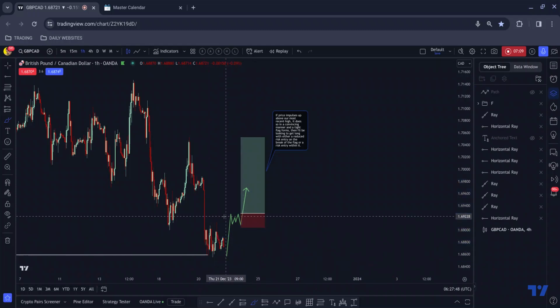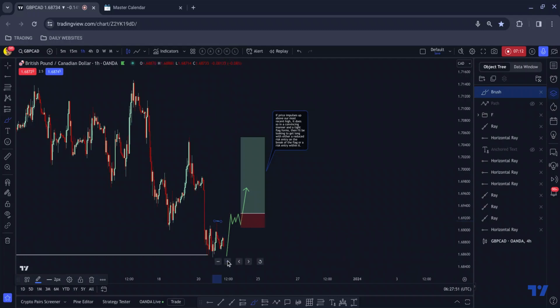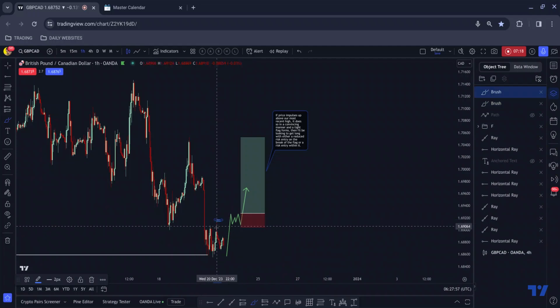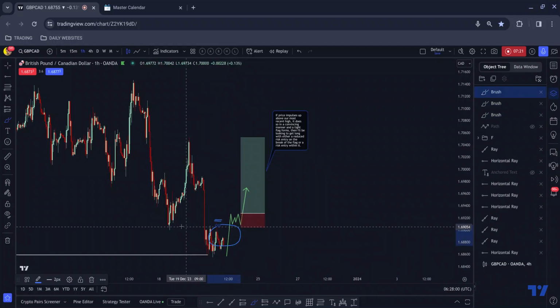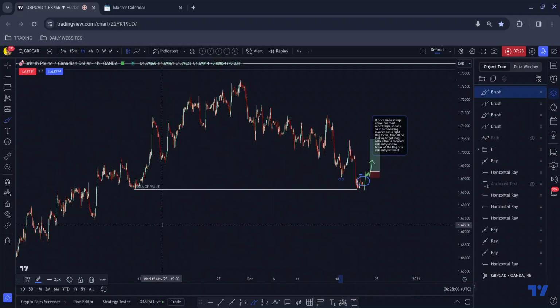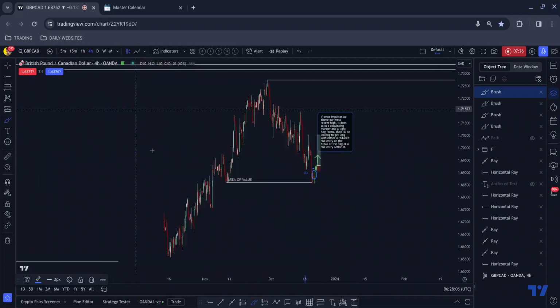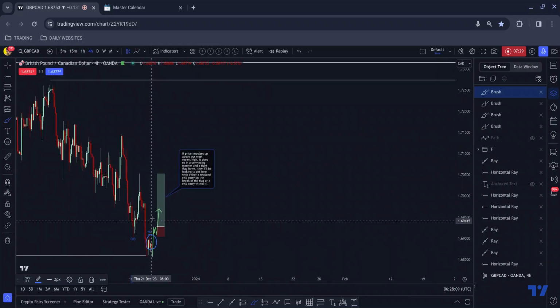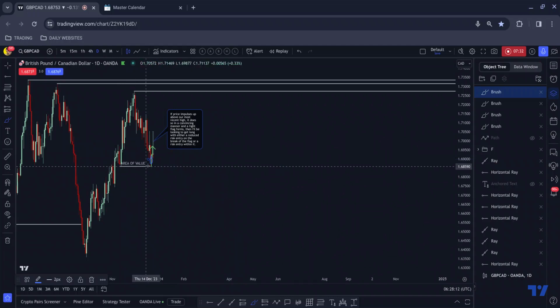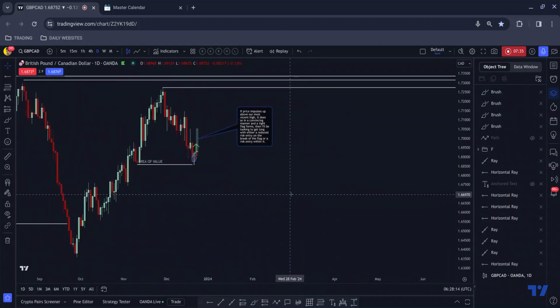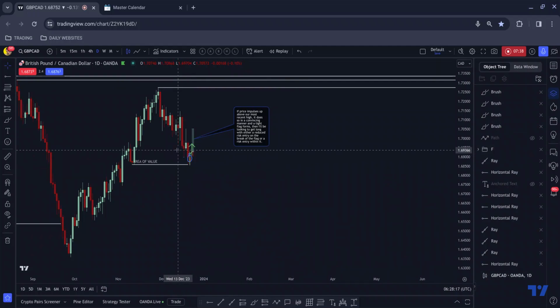And if we got the correction above this high here, so if we pushed up, we got the impulse followed by correction, we would be trading above here, negating the possibility that this is a bear flag to push lower. We would also be trading above here, and then if we look on the 4 hour, I'm pretty sure the 4 hour would look very, very solid by that point. The daily would probably be looking pretty good as well. So we would have retraced a significant proportion of this bearish daily close there, and I would anticipate the bigger players stepping in then for that move to the upside.